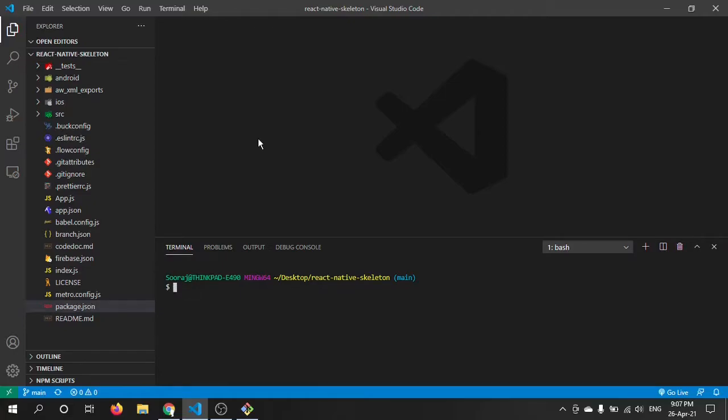Either you can use npm as your package manager, or you can use yarn. Both of them are good, and I personally prefer yarn, and in this tutorial I will be using yarn instead of npm. Everything is similar between yarn and npm, so there will not be any problem if you are using npm as well. Here I am going to run the command yarn install.